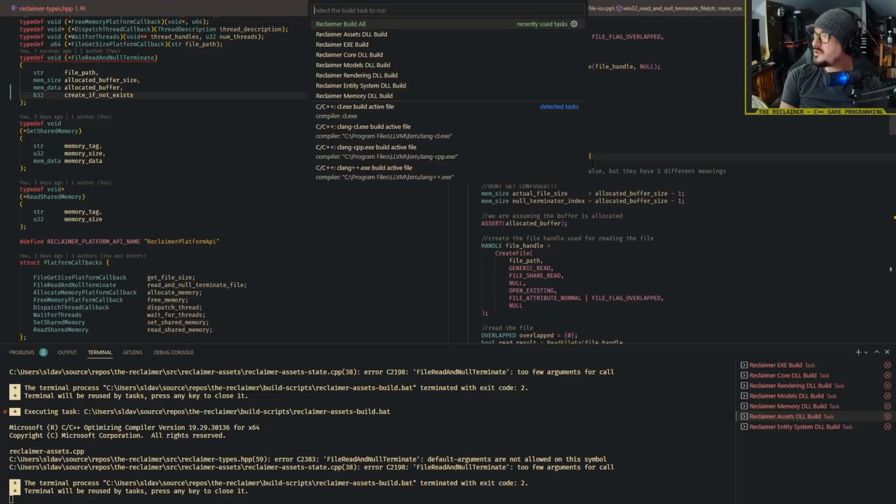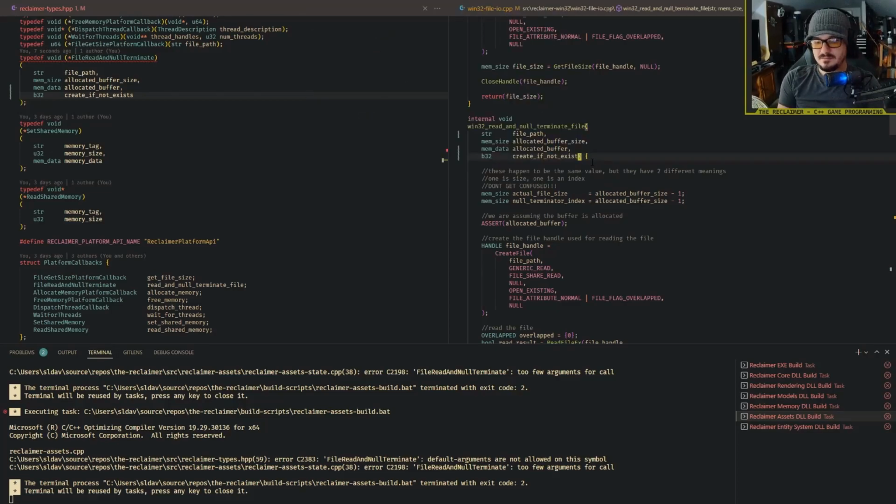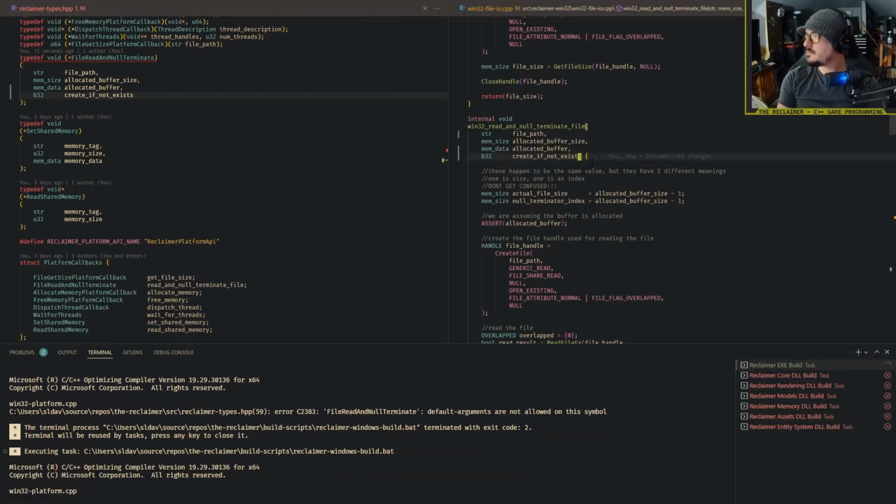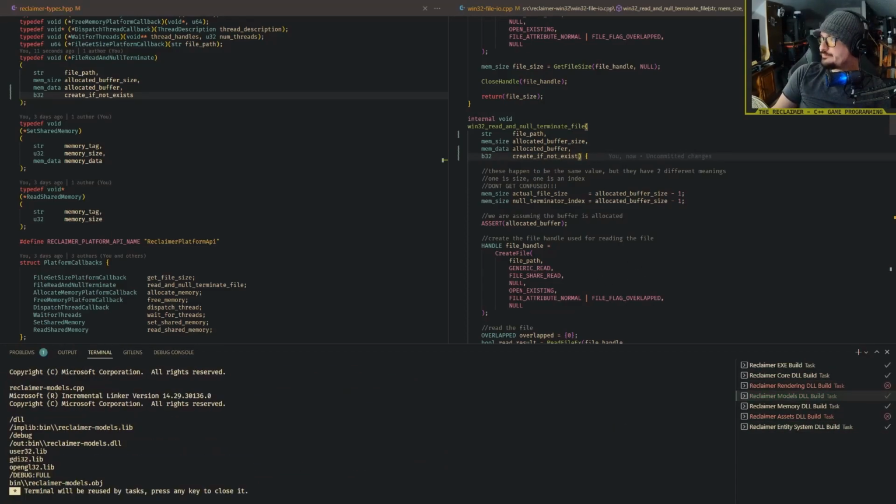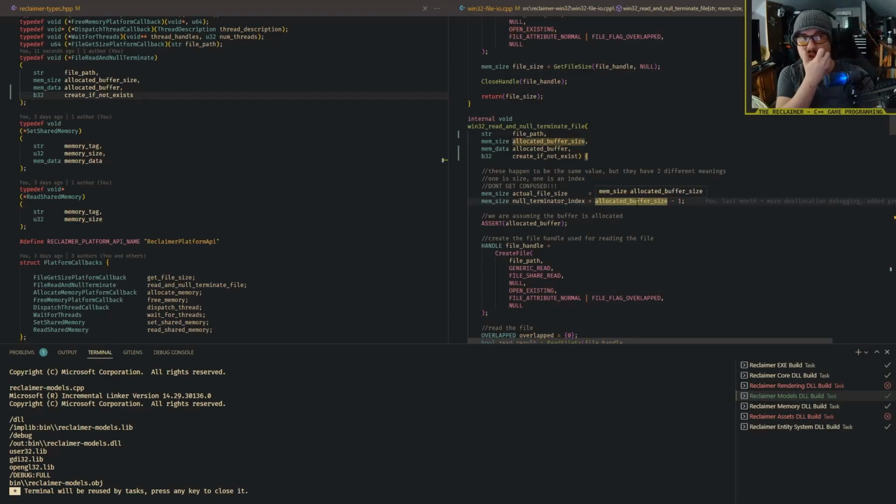We'll just find all the instances and we will change it. But we have to know ahead of time what the allocated buffer size is, which is going to be the confusing part. So anyway,